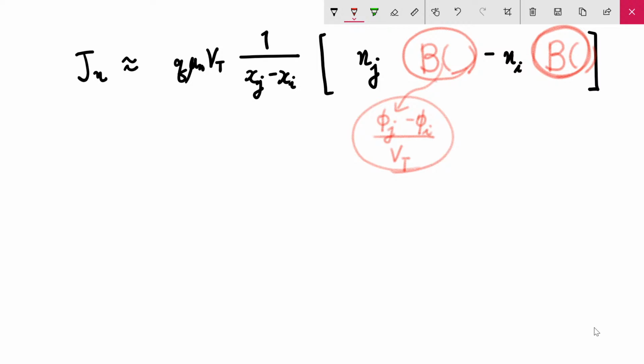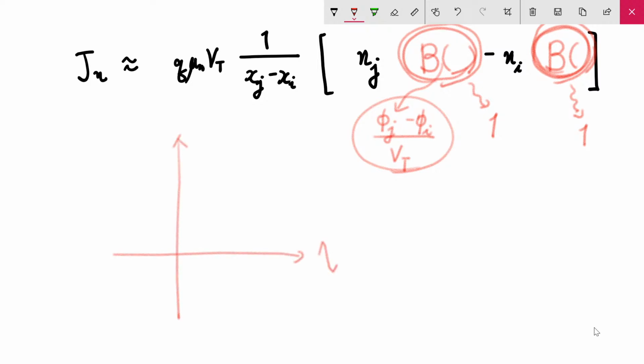In the diffusion dominant case, this coefficient is 1 and this coefficient is also 1. When you remember the Bernoulli function, if this is the input argument of the Bernoulli function,